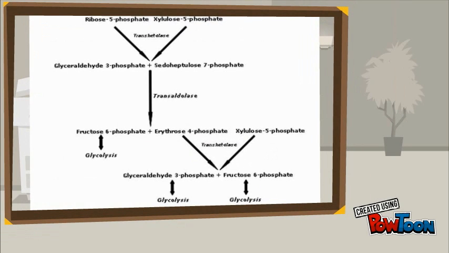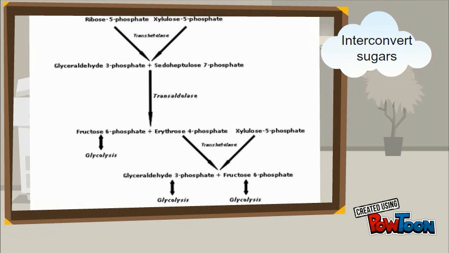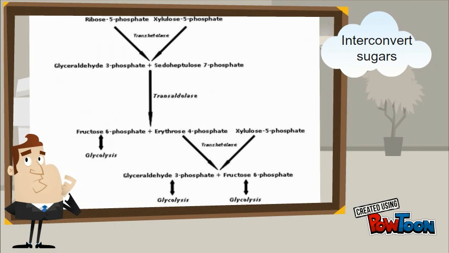Another key point here is that we're able to interconvert sugars. So why is this important? The ability to interconvert sugars through transaldolase and transketolase will eventually allow us to produce more ribose 5-phosphate for DNA